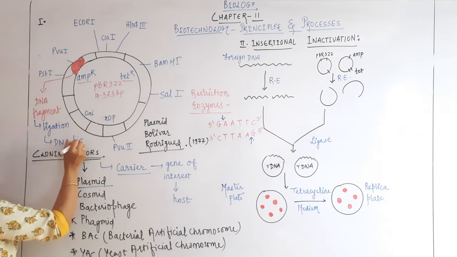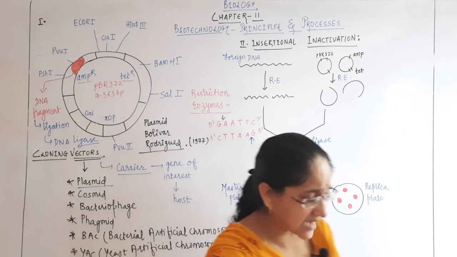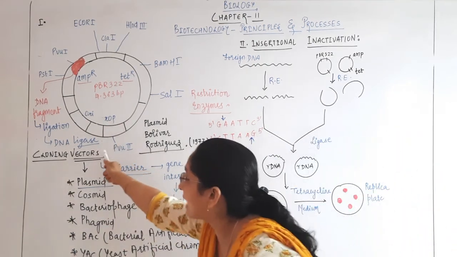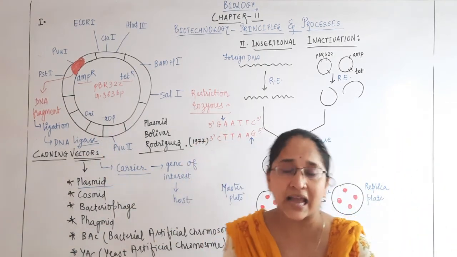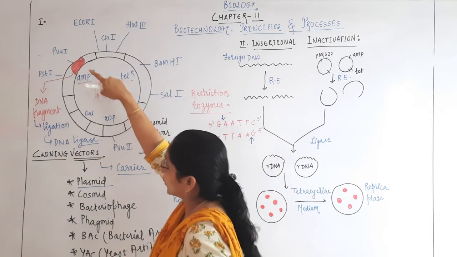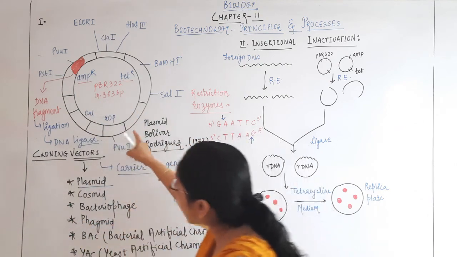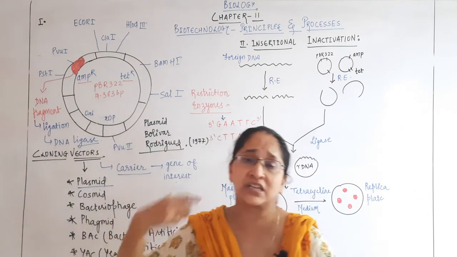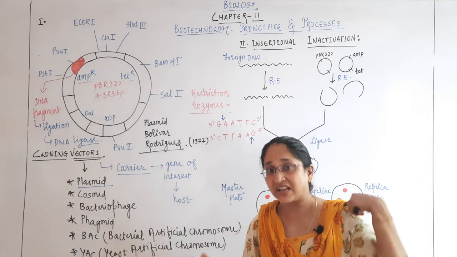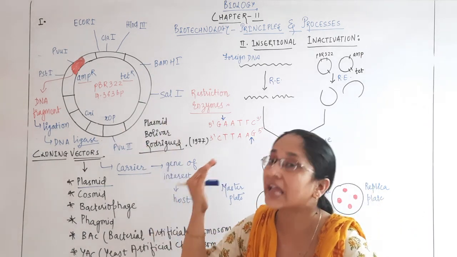Now, you know that according to enzyme nomenclature, wherever you have the suffix -ase, that stands for an enzyme. So DNA ligase will bring about the ligation. They are nothing but the glue of molecular biotechnology, which helps to integrate this DNA fragment into the cloning vehicle. And as the plasmid produces a large number of copies in the bacterial cell, we will also get copies of the DNA fragment of our interest.